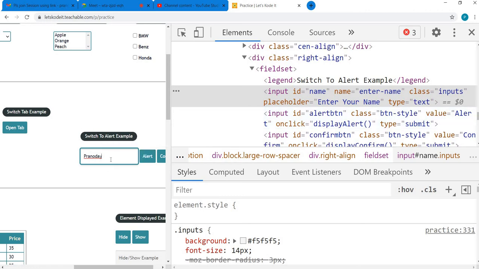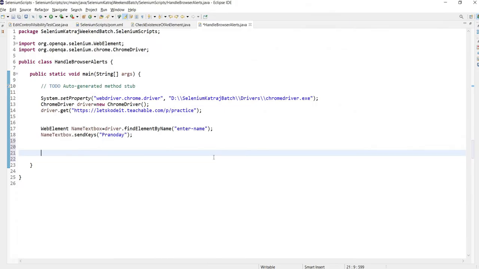So the value attribute is not in the HTML code, but it is there for the DOM element created for this type equal to text element, right? So the element which has got type equal to text set, that DOM element does have one value attribute, and whatever you enter gets set to the value attribute. Now the question is how to retrieve a value set to a particular attribute. So for that, Selenium has,